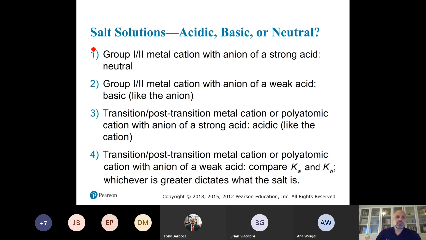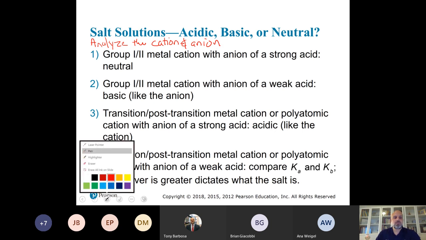Basically, analyze the cation and the anion. Right, so if you analyze the cation and the anion, then the question is, what